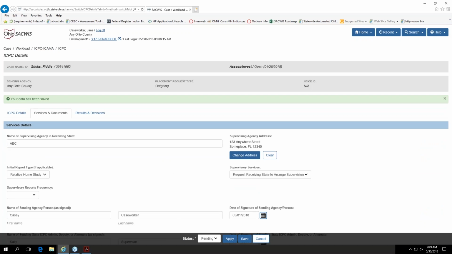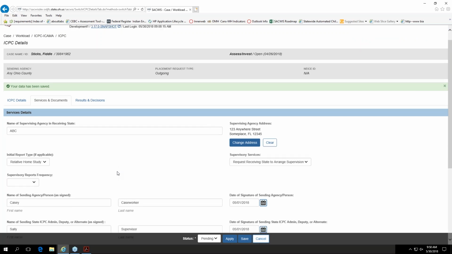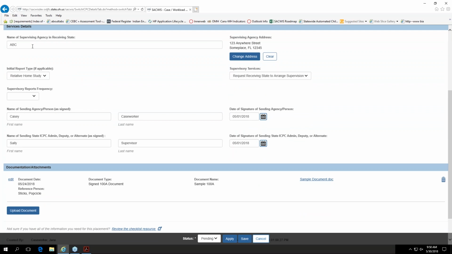Next, we're going to go to the Services and Documents tab. Note that when I move tabs, SACWIS is telling me that my data has been saved. We do automatically save when you move to the next tab. And then we're just going to answer more questions that will be used to populate the 100A. So this is going to ask about the supervising agency in the receiving state and their address, the initial report type, and again, we said we were asking for a relative home study, how the supervision should be arranged, the frequency of the supervisory reports,